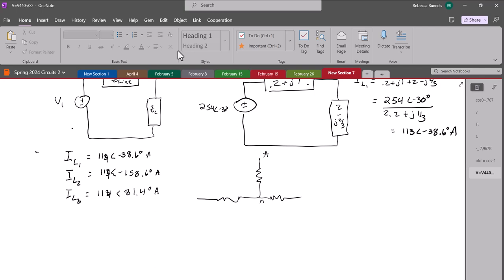And so if I'm looking at a single phase in the load, then I can say that VAN, for instance, equals I line 1 times Z load, which would be